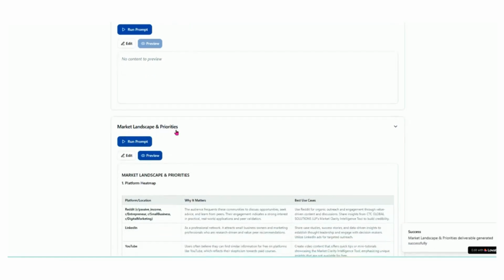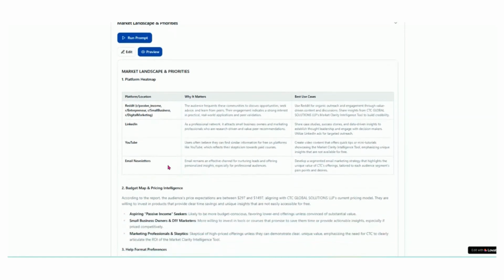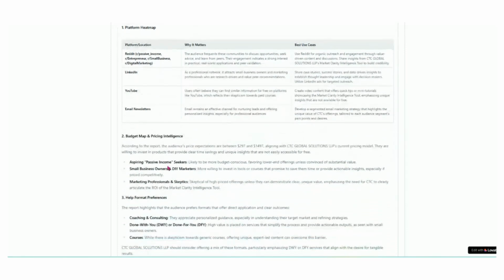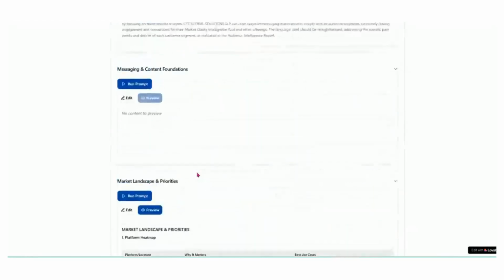All right. Market landscapes and priorities. Platform heat map. My audience, for me, live on Reddit. And it actually gives me which Reddits they live on, why it matters, and when to use it. LinkedIn, YouTube, and email newsletters. They love that stuff. All right, budgeting and pricing intelligence. It gives me, again, a breakdown. I could just go on and on and on. All right, let's take a look at some. I know this stuff is just